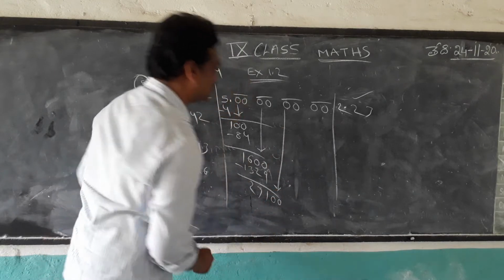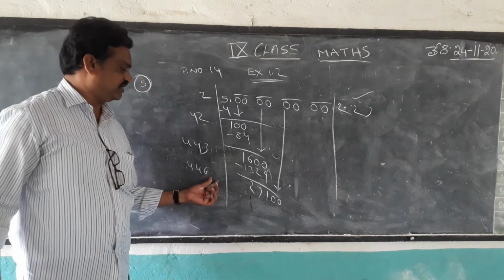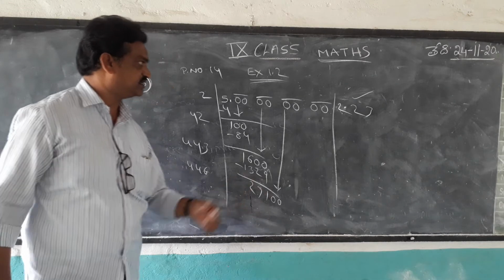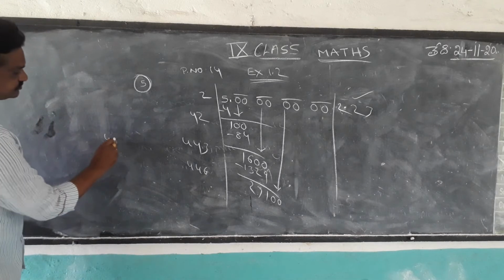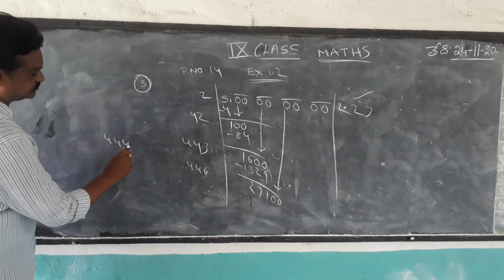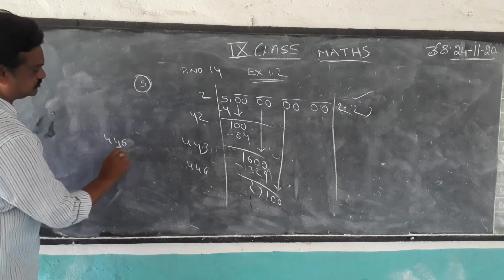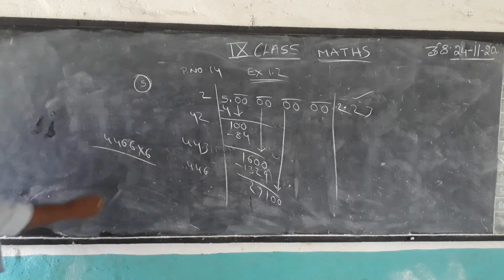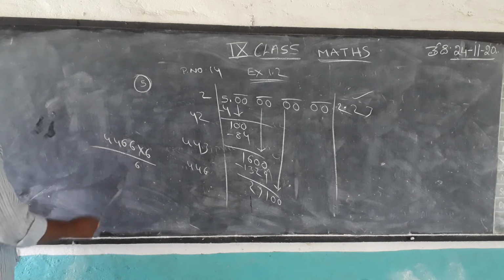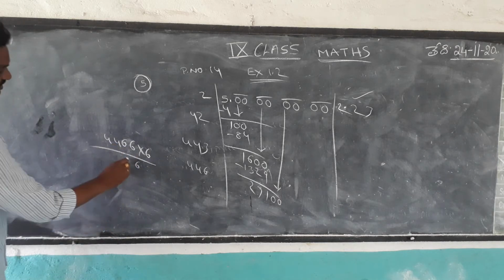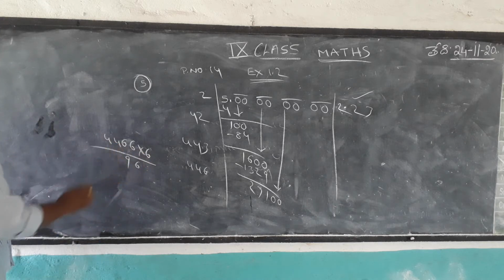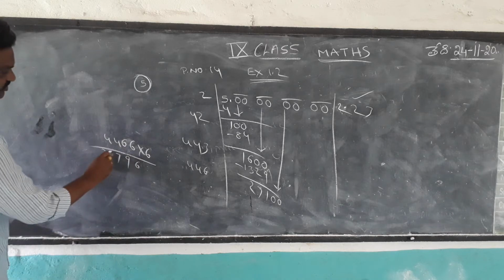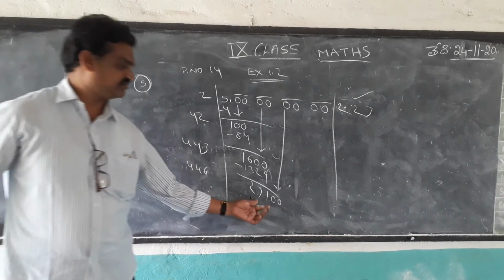Okay. Which number do you have to multiply to get to the nearest number to 27,100? For example, you take 6. 6 6s are 36. 3 is there. 6 6s are 36, 39. 3 is there. 6 4s are 24, 27. 2 is there. 6 4s are 24, 26. This is the nearest number.